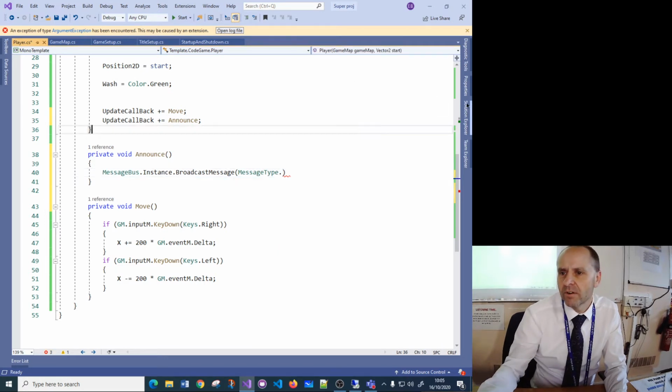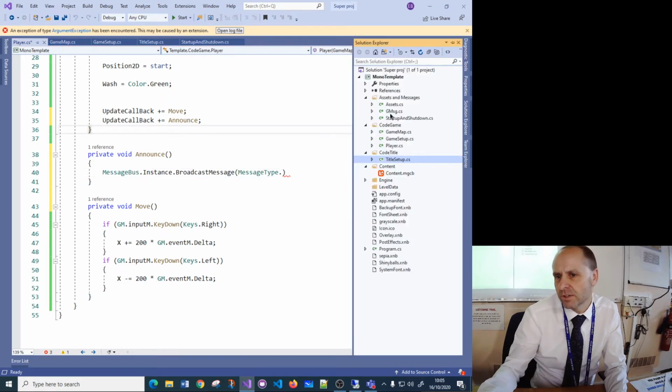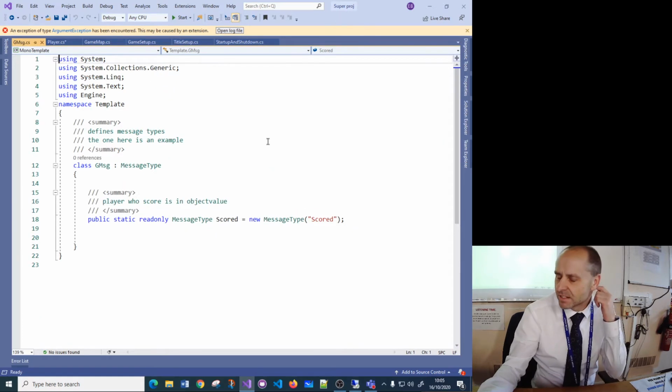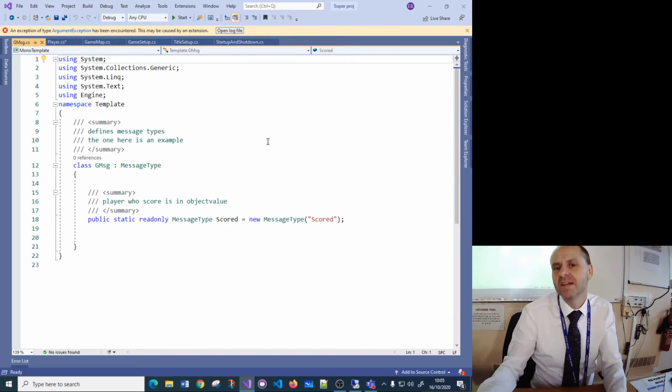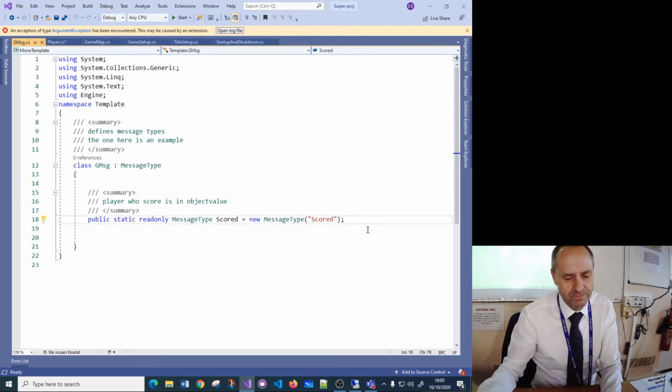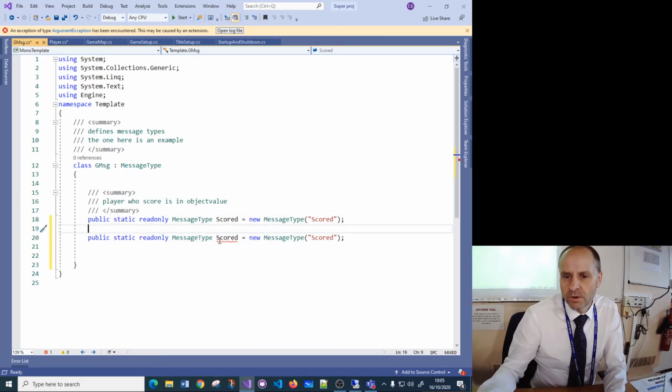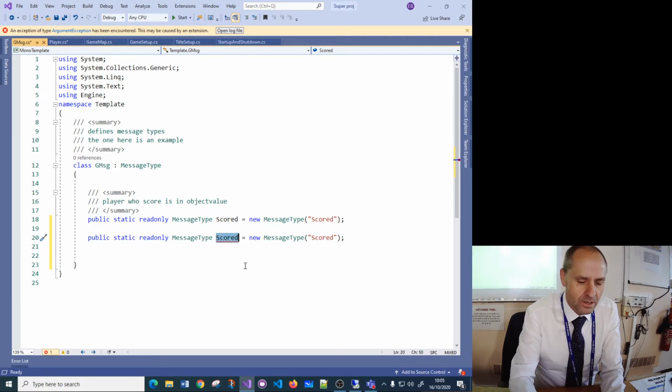Okay, so we're going to create our own message type. If we look in Solution Explorer, there's a GMMessage. I called it GMessage because that made it short. And all you do is, I left one in there so you've got a structure. So you just take this structure, come up with a name that's unique. So I'm going to call this view position,